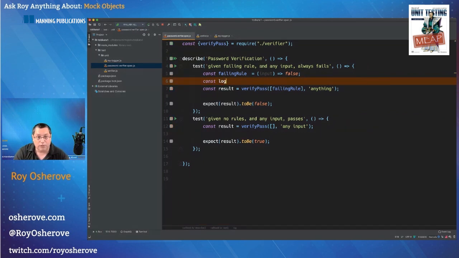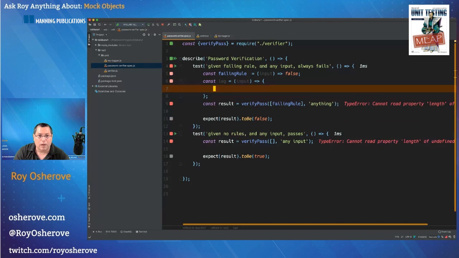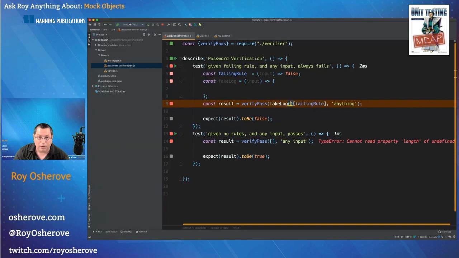Const log is a function that takes an input and does absolutely nothing, right? That's it. I'm going to name it fake log, and I can pass it as the first parameter, fake log, like this.